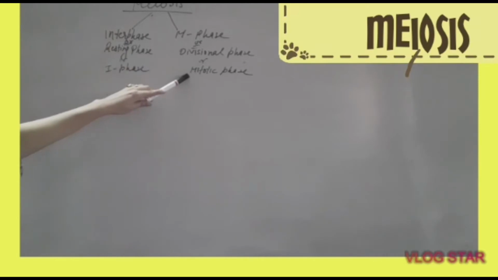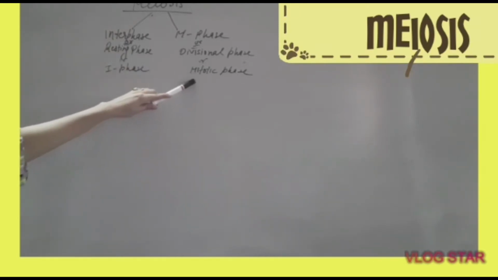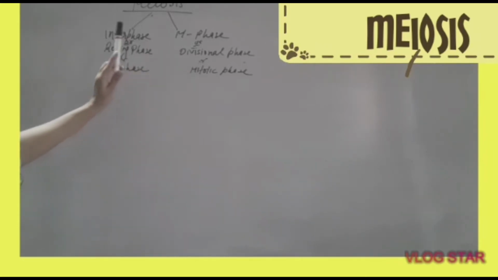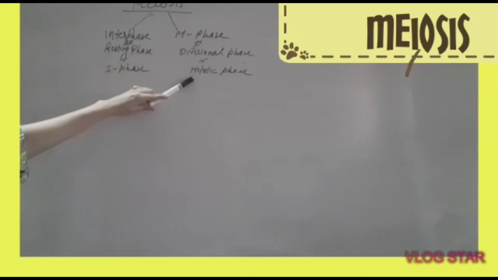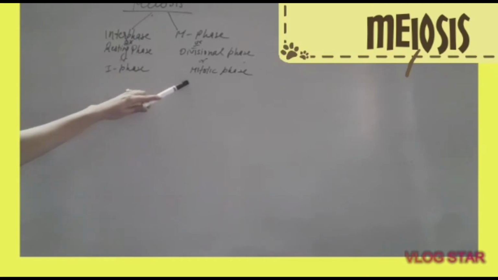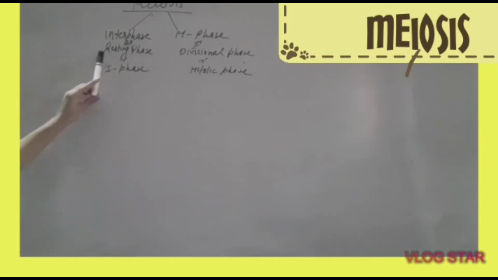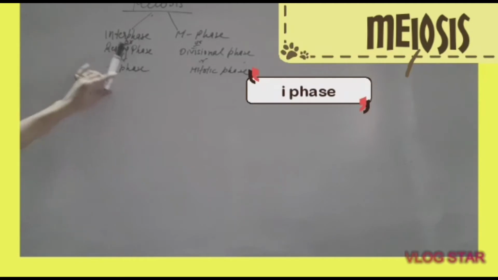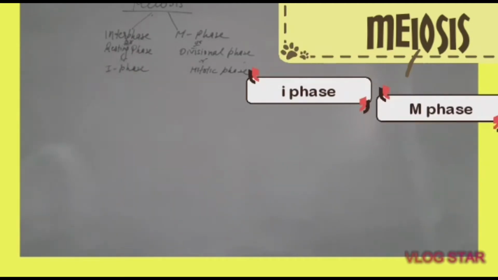Do not get confused by the word mitotic I have used here. It doesn't mean mitotic division. It simply means the divisional phase which comes after interphase is also known as mitotic phase. But in this mitotic phase, we will actually study the meiotic division. Meiotic division has two steps. The first is interphase. When the cell completes the interphase, it enters into M phase. So let us first study how the cell looks when it is in interphase.